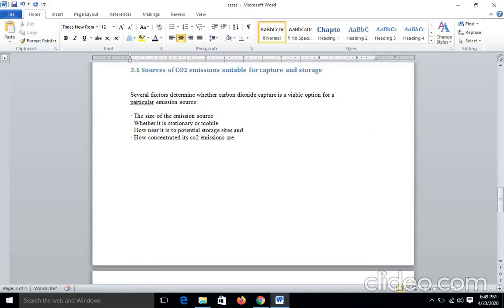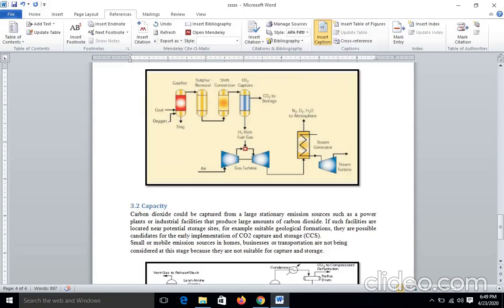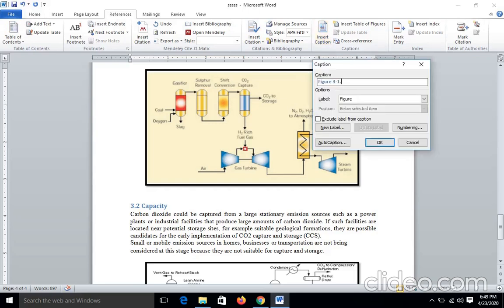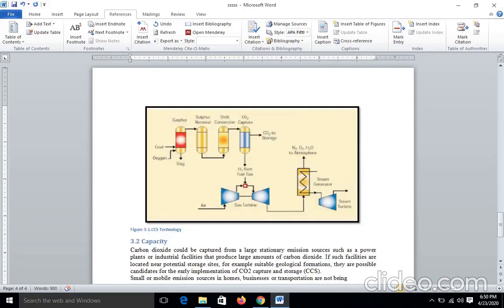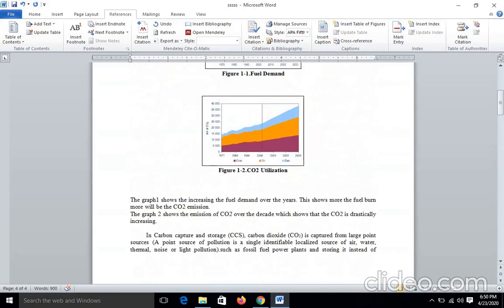Okay. So let us go to the third and fourth figure. Right now the figure is in 3.1, so it has automatically taken 3-1. So need not worry about the chapter. Once you have given the chapter, it will name the chapter and it will number the figure accordingly. Okay. So you can say okay, and you can follow the same procedure of having a format painter of the second figure, and you can proceed with this.